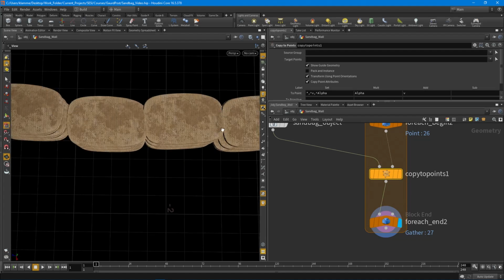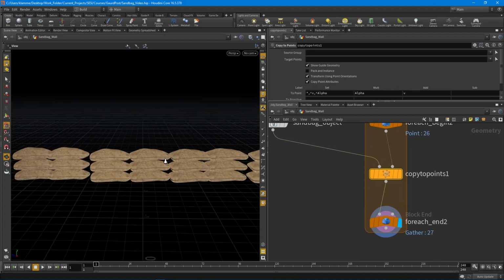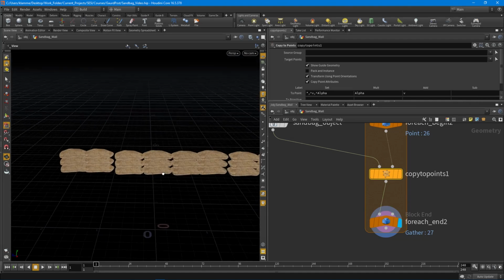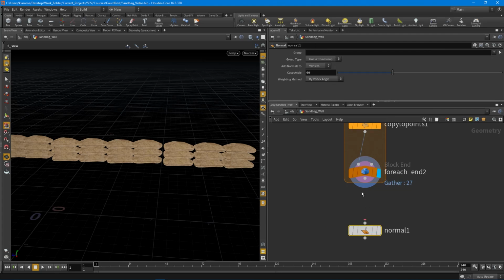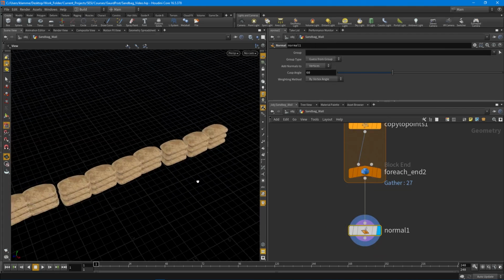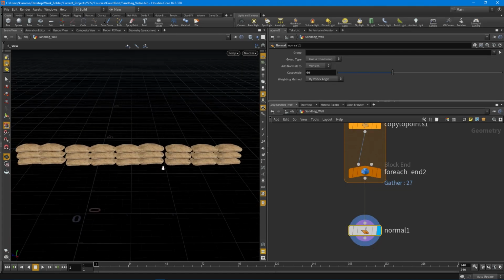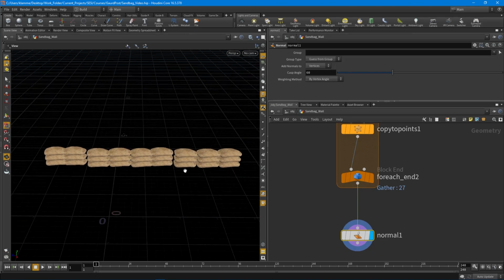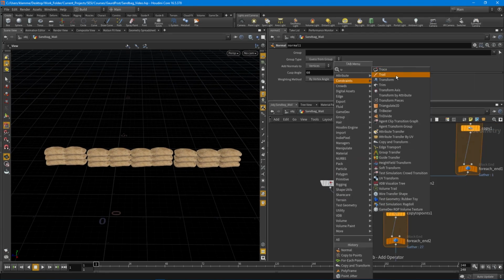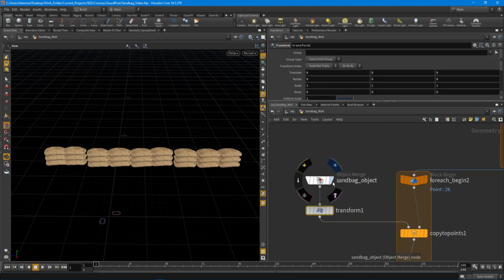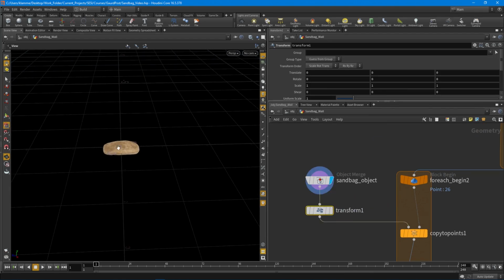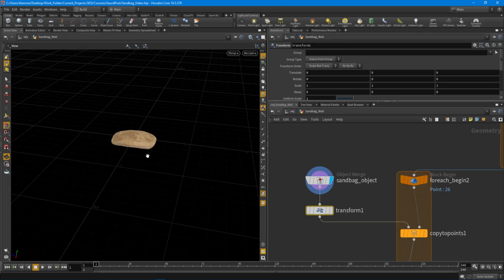Some of them are intersecting each other. So you could always go in and add a little offset. All of their normals are all messed up too. Let's do a normal node. There we go. We can go in and add a little bit of an offset as well. You could do it here, so you could do something like, let's see, what. Oh, and that is also because we need to be forward over here. So it's always a good idea to